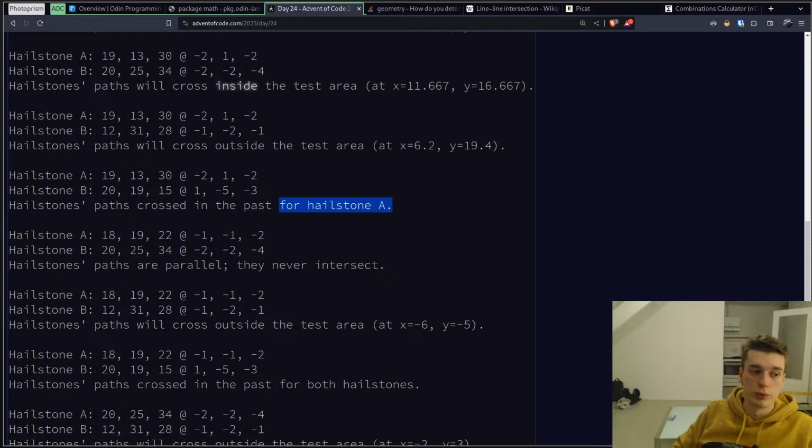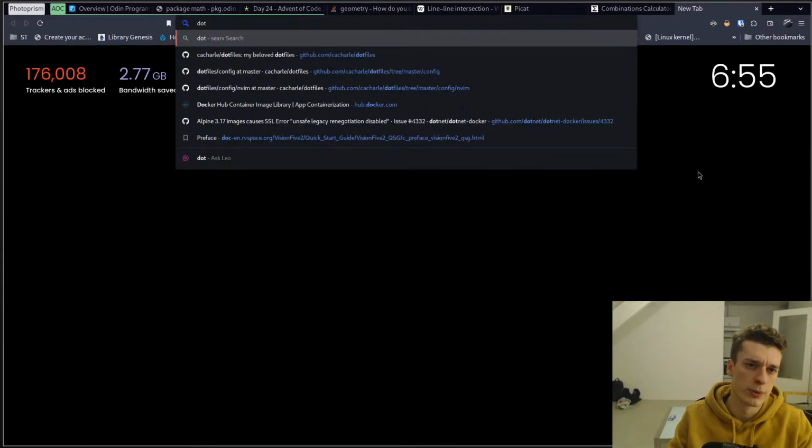I guess I can just do a dot product between the velocity vector and the position, and if the dot product is positive, I know they go in the same direction, right? That's what the dot product